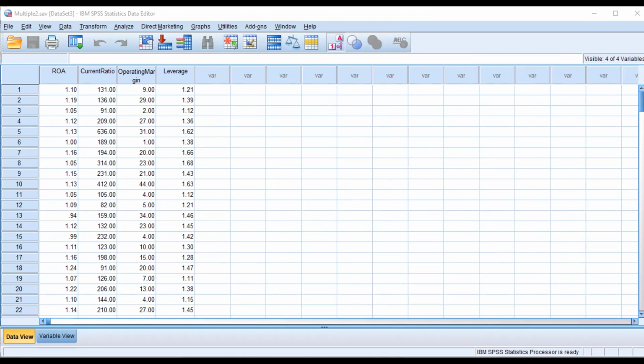This part is the coefficient influence, on the basis of which you will accept or reject your hypothesis. Say price is having minus 131. There are two kinds of coefficients: unstandardized coefficient and standardized coefficient, along with standard error. While expressing your result, you consider this standardized coefficient beta value, that is minus 0.163. You will include that, and this is the significant impact.